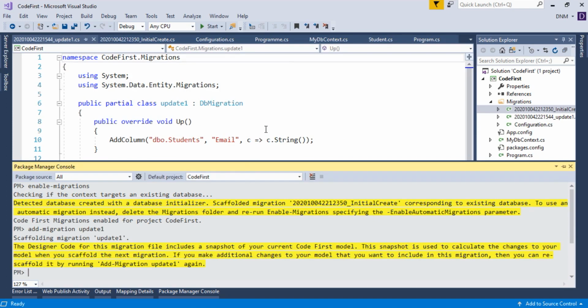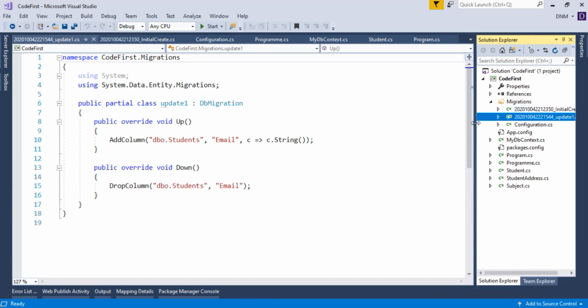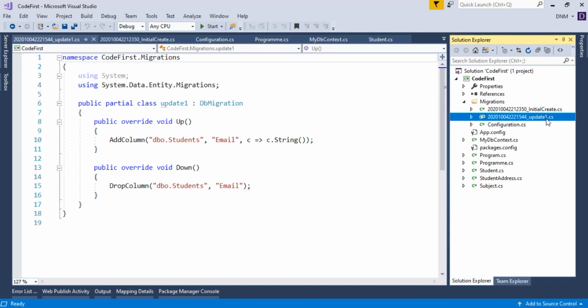Okay, now whenever you add a migration, files get created automatically. So as you can see here, this update 1 file got created, and this is nothing but a timestamp of at what time we created the file. So 2020 is the year, 10 is the month, 04 is the day, and this is the time part.